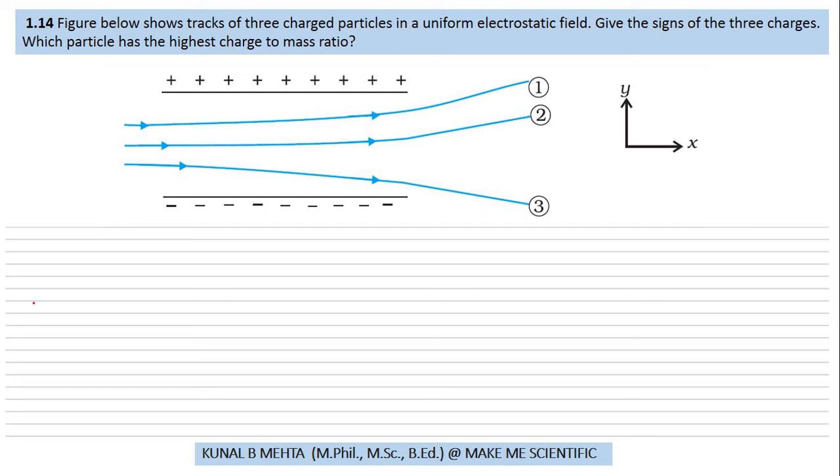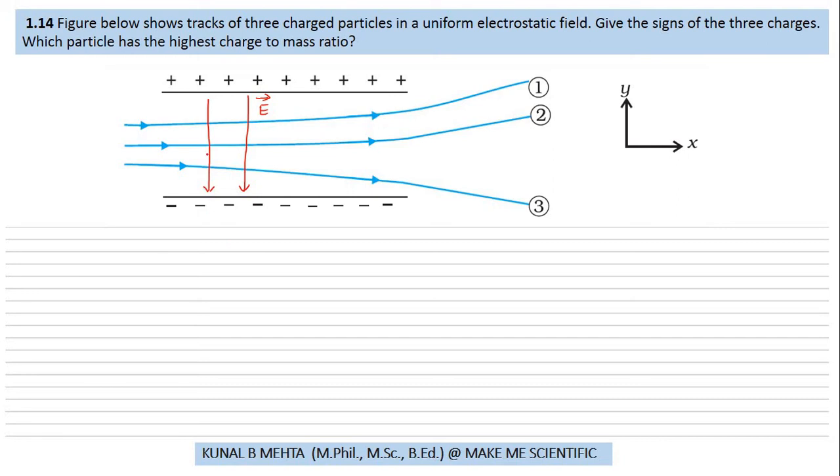Hello scientific audience. So let's discuss problem 1.14. Here we have a uniform electric field and the direction of field is always from positive to negative. So it is in the downward direction. So this is our electric field, and electric field means the direction of force which is being experienced by unit